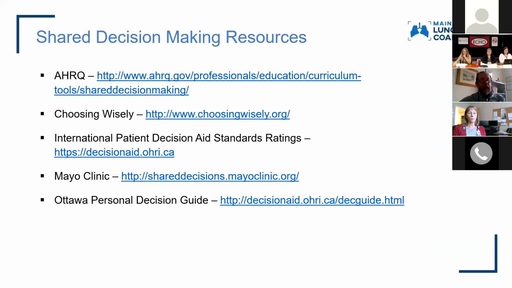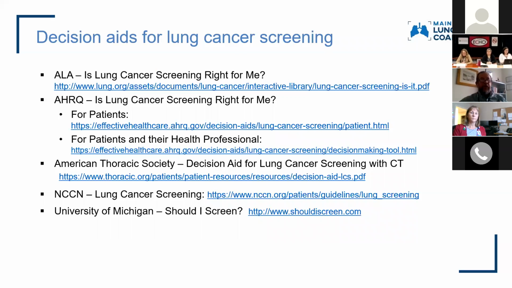So just the last 2 slides, I'll go quickly. These are websites. The first one is a set of websites that have information about the shared decision-making process. The third one down, the International Patient Decision Aid Standard Ratings, or IPDAS. That's an A to Z list of many decision aids that are available around the world. And if you're looking what's out there for a particular topic that I'm interested in, that's the place to go. The next slide, please, shows